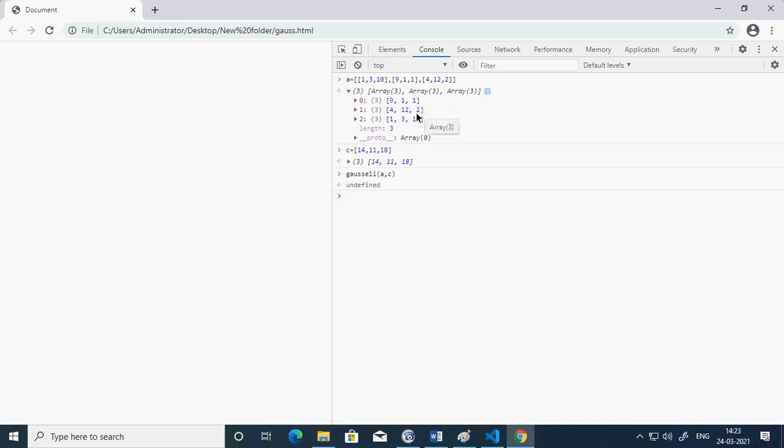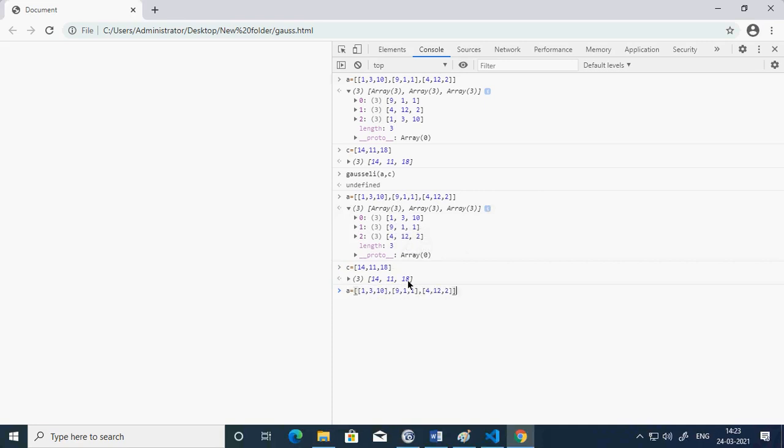If I see, the pivoting operation has been performed successfully; you could see now 9 has become the first. Again I'll do it. So this is my A: 1 3 10, 9 1 1 and 4 12 2. Then I'll have the C. C is 14 11 18.